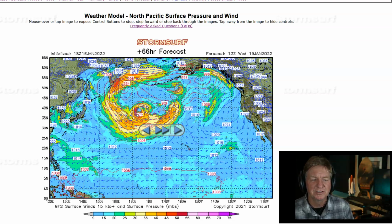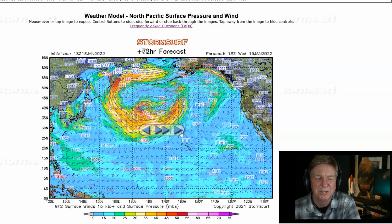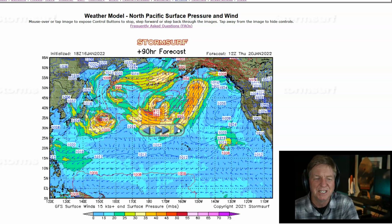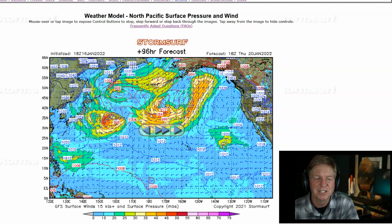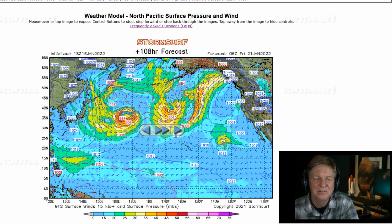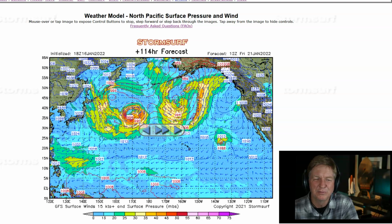That pushes across. There's a little tiny pocket you can't even see there, 55 knot winds. So we get into Wednesday, pushing over the dateline with 50 knot winds Wednesday night, continuing into Thursday morning, fading from 45 knots, and then fading out more as we get into Friday while it pushes over